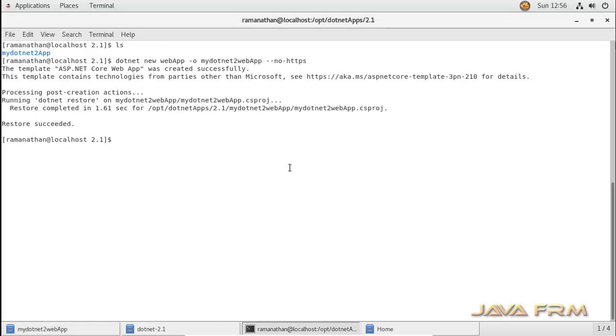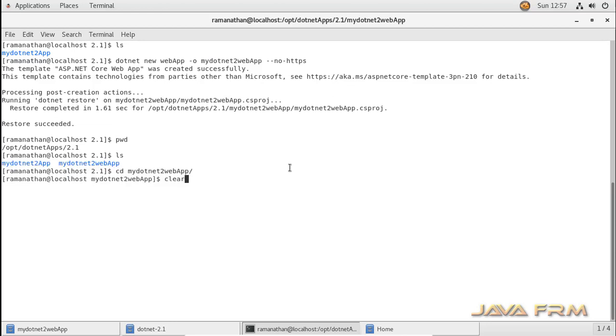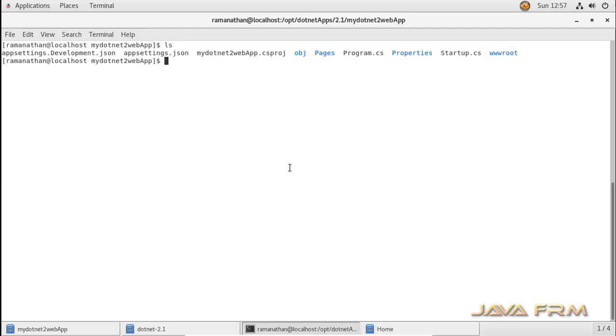Okay, so now let us try to run this .NET Core web app, that is the ASP.NET Core 2.1 web application. Go to that web app directory, dotnet watch run, that's it. This will start the inbuilt web server in .NET Core 2.1, and the application will be deployed on port 5000.